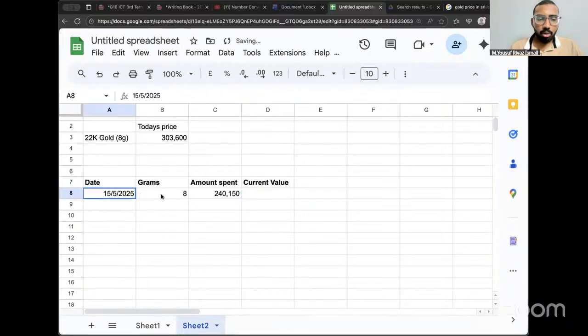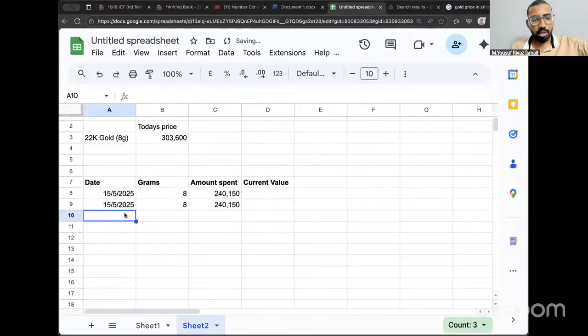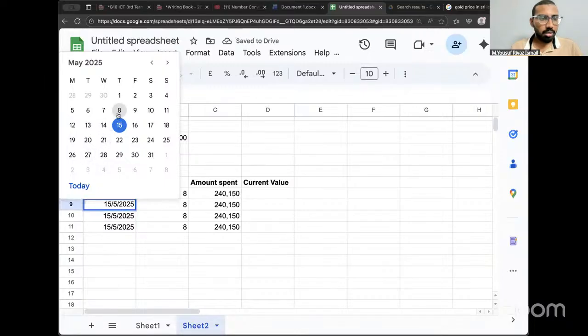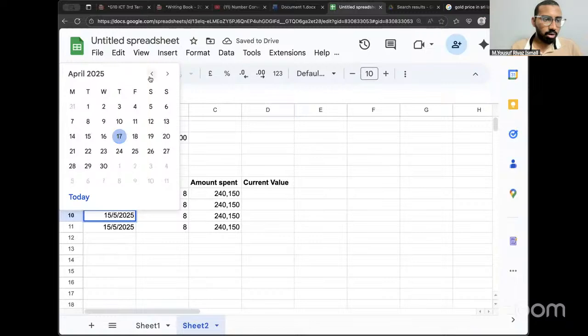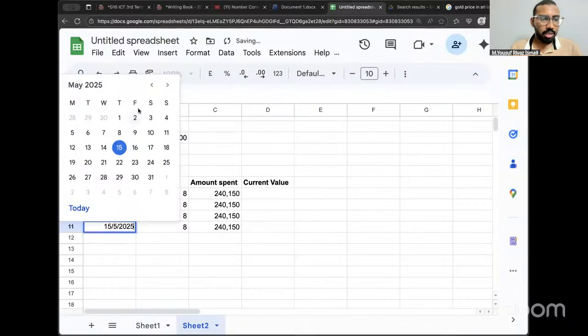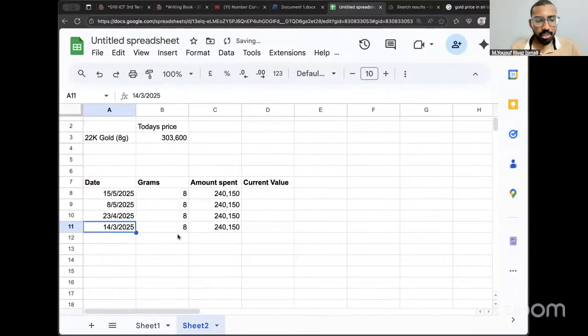Now, let's say you have bought gold on multiple days. For example, multiple days you have bought. So let's say you bought, for example, on April 1 random day. Let's say you bought in March random day. And let's say we had different values here. For example, let me take something like, let's say,